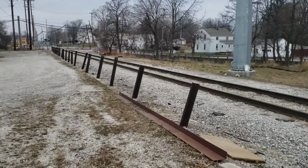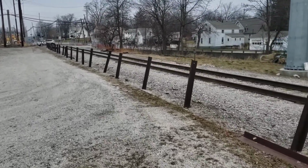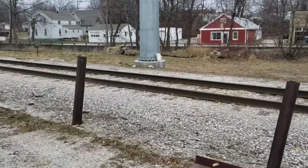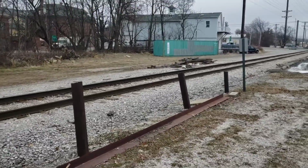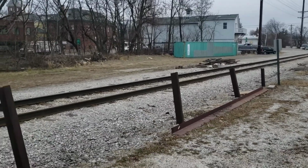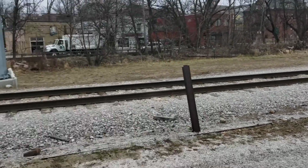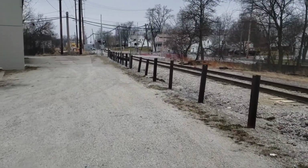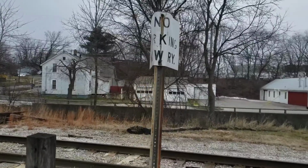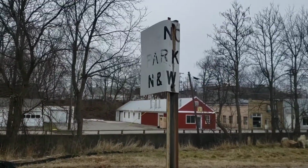But yeah, and there's another picture where you can see these rails here, these ones they piled in here for a barrier, and you can see the depot clearly sitting right there behind those rails, which is pretty cool, I think, because you can exactly picture where it is. A relic of railroads past. It says no parking,